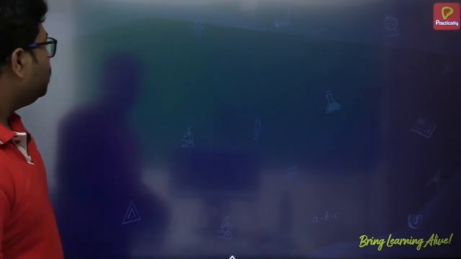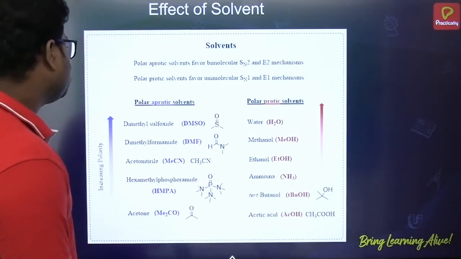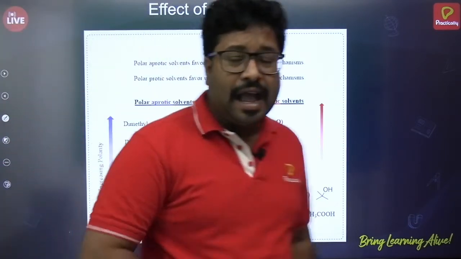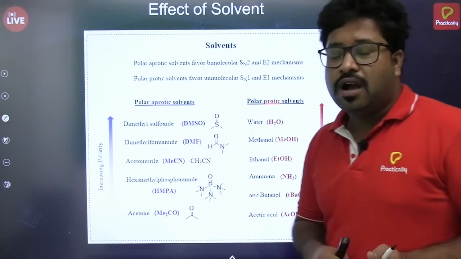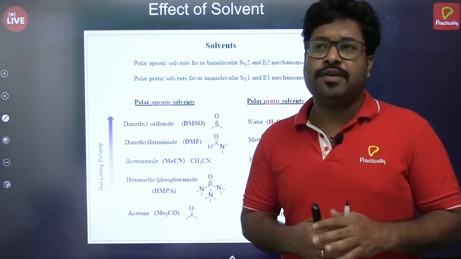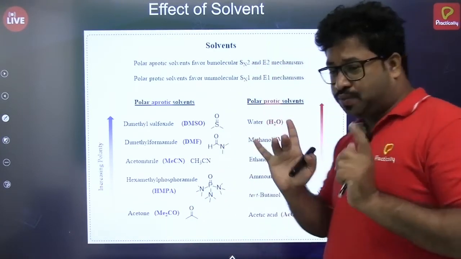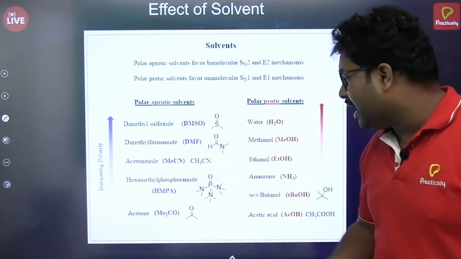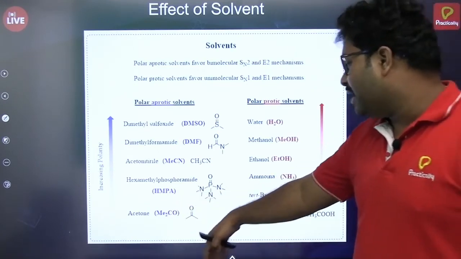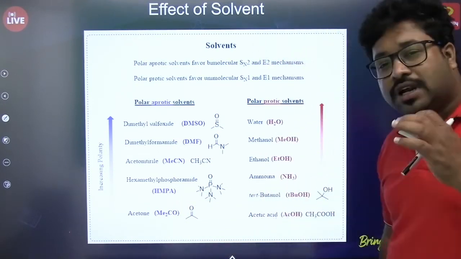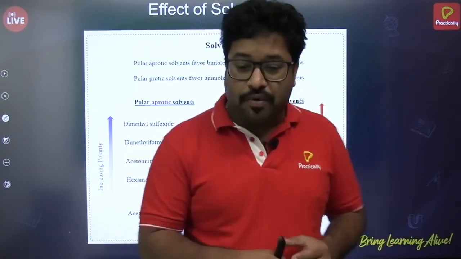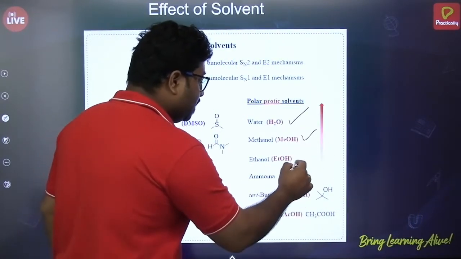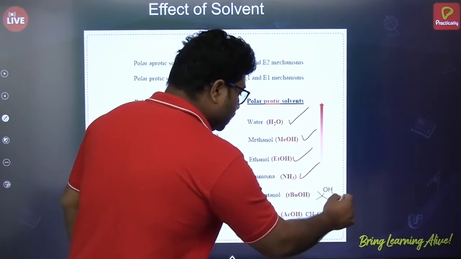Sure. So, effect of solvent. We already had seen what the effect of solvent is. Here, I am just going to list some of the polar protic solvents which we had seen in SN2 also. See, DMSO, DMA, acetonitrile, hexamethyl phosphoramide, acetone, all of these are polar aprotic solvents. And what are polar protic solvents? Water is a polar protic solvent, methanol is there, ethanol is there, ammonia is there, tertiary butanol is there,